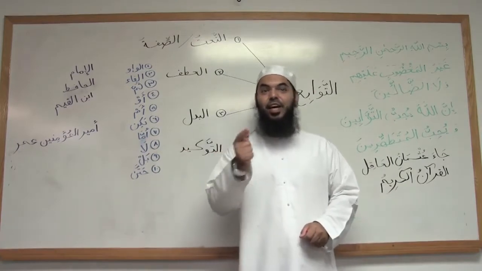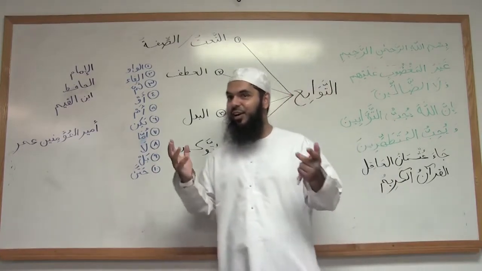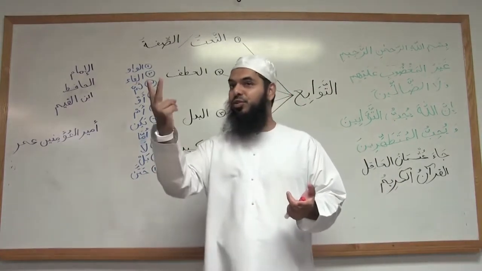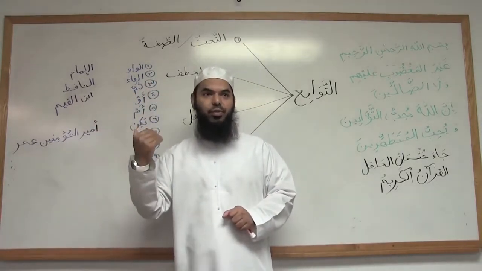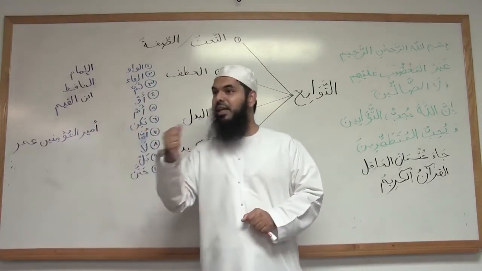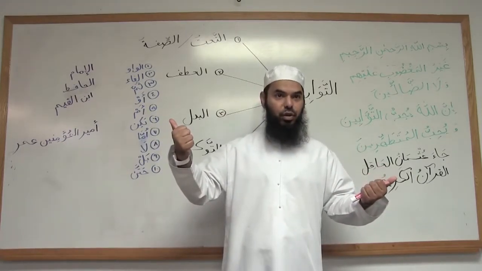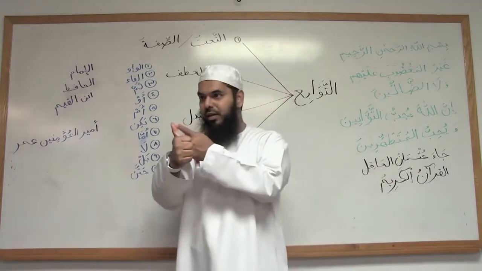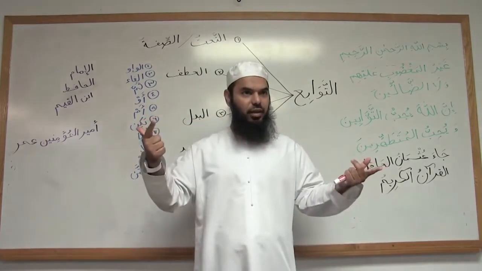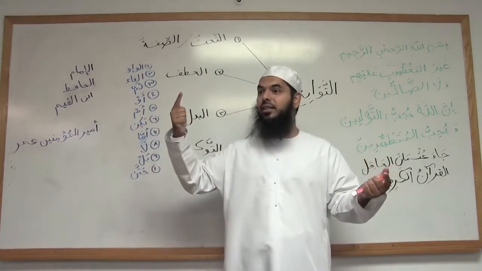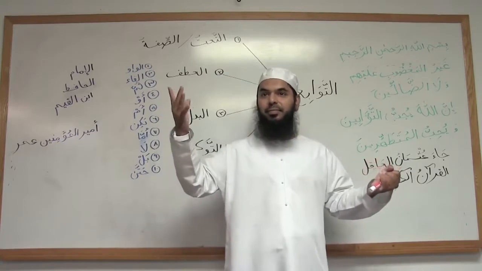Go ahead. Now remember, I taught you guys a trick, how to memorize these, right? So there's 2 things you can easily get that you already got from marfu'at. Ism inna will be mansub because we just said khabar inna is marfu'. So ism inna, khabar kana. Easy, right? Now, how many maf'ulat? 5. So name them.